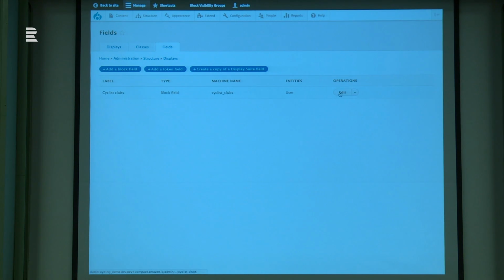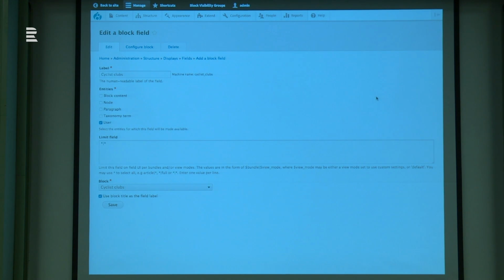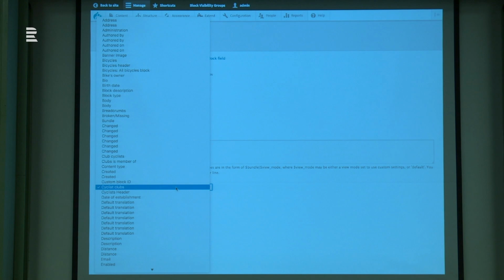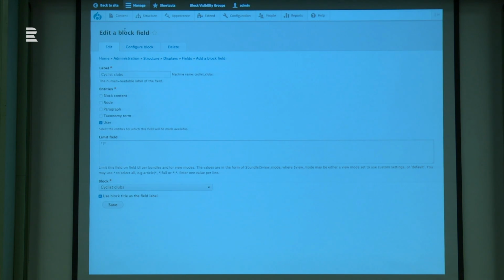So what I do here is I can basically attach any block of the system to any entity, and I can also limit it with some wildcards, and that's it. Based on that, that's a good alternative to not having to position the blocks globally, but being able to inject them directly into the entity. After I've done that,